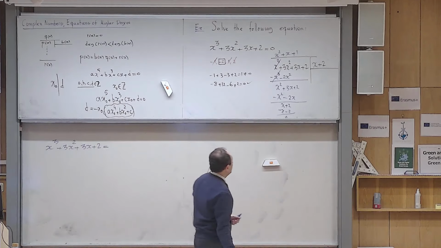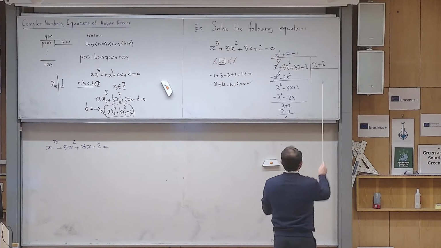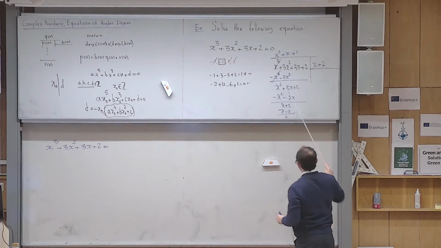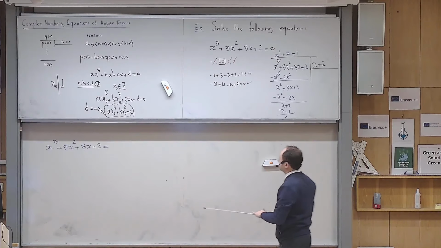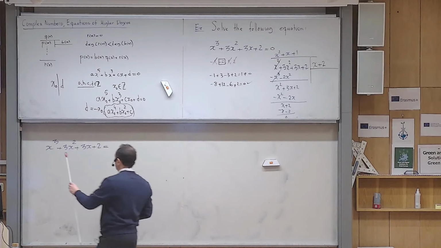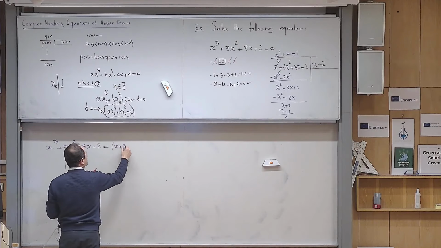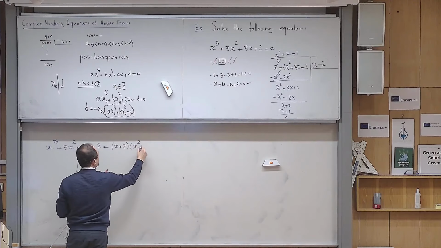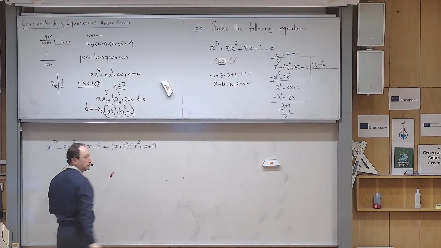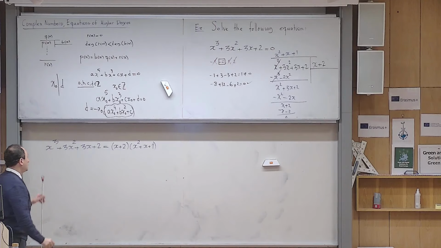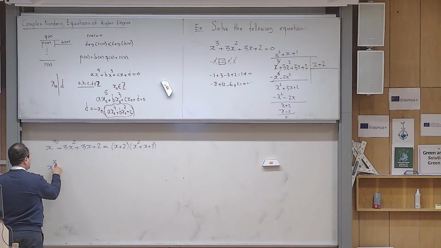What is that? I have to take this one, multiply it with the quotient, add the remainder to it, but the remainder is 0. Whenever the remainder is 0, I am able to write it in factorized form. So it becomes x plus 2 times x squared plus x plus 1. Yes? And now, in order to solve this equation,